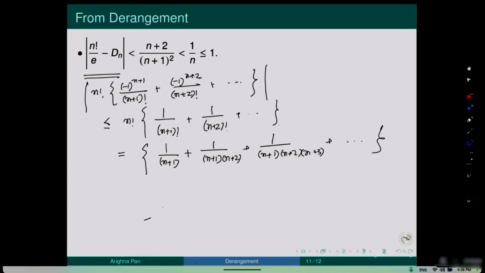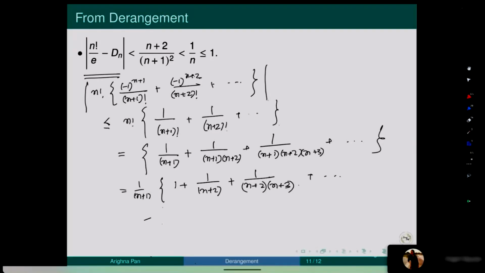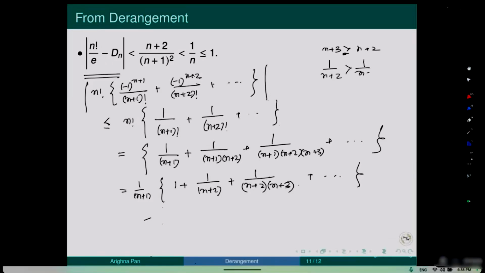Right? Now, just take that 1 by n plus 1 out of this bracket. It will be 1 by n plus 2, plus 1 by n plus 2 into n plus 3, and so on. Clearly, we have that n plus 3 is greater than n plus 2, right? And so 1 by n plus 3 is less than 1 by n plus 2. Just use this thing in this place, and clearly we will get a strict inequality, that is 1 by